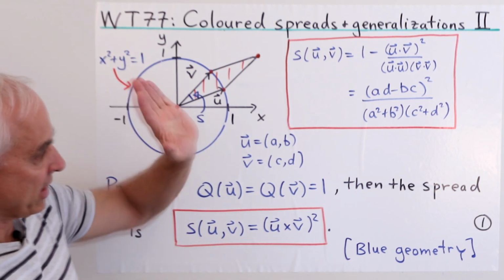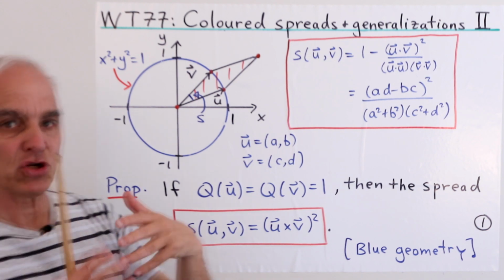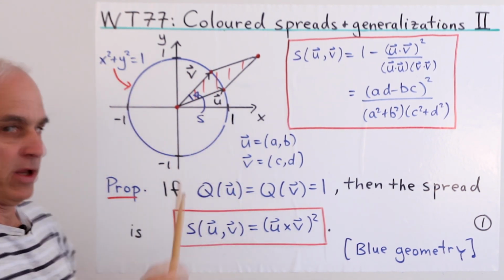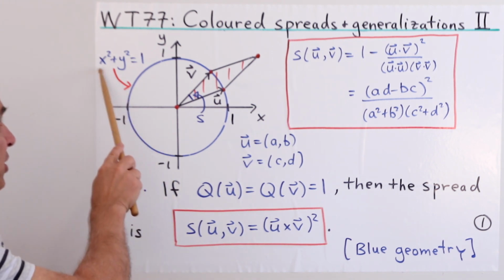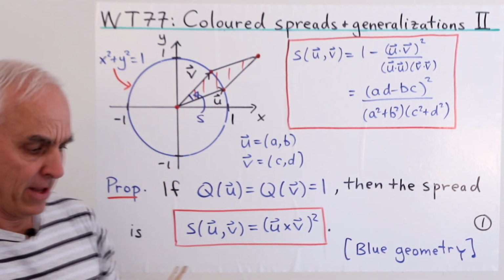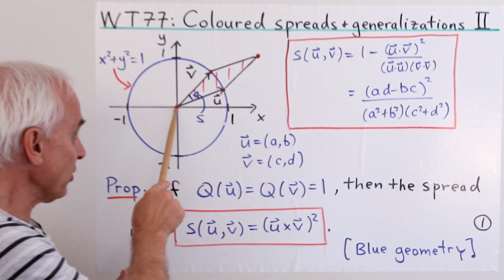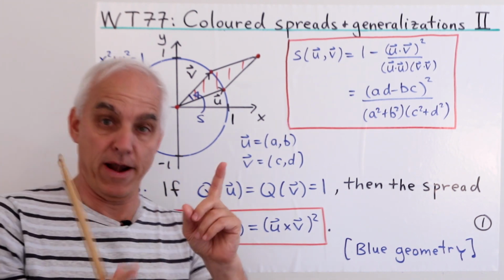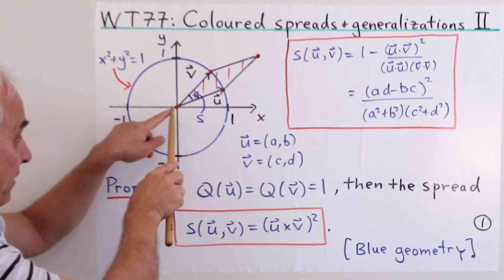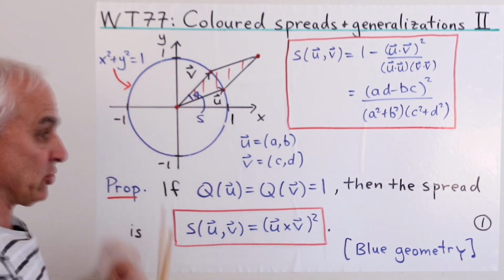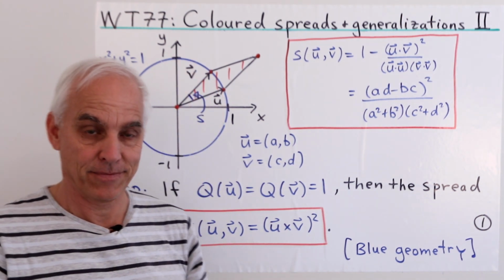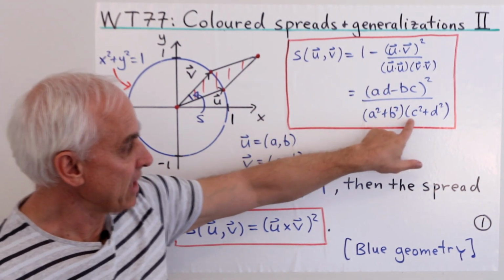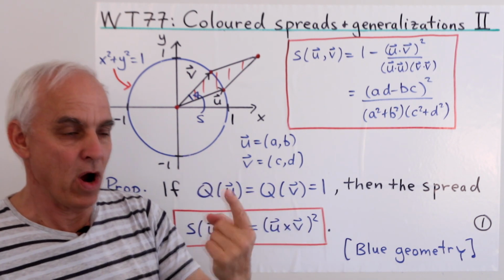Okay, so we can have a look at this formula in a rather special case. The special case is when we consider the unit circle in the plane, the circle with the equation x squared plus y squared equals 1. And let's suppose that our vectors u and v are both lying on the circle. That is, they have quadrance 1. So if we position them to emanate from the origin, then their heads are actually on the unit circle. Then this situation becomes simpler because these terms down here, the quadrances of the vectors, are just 1 each.